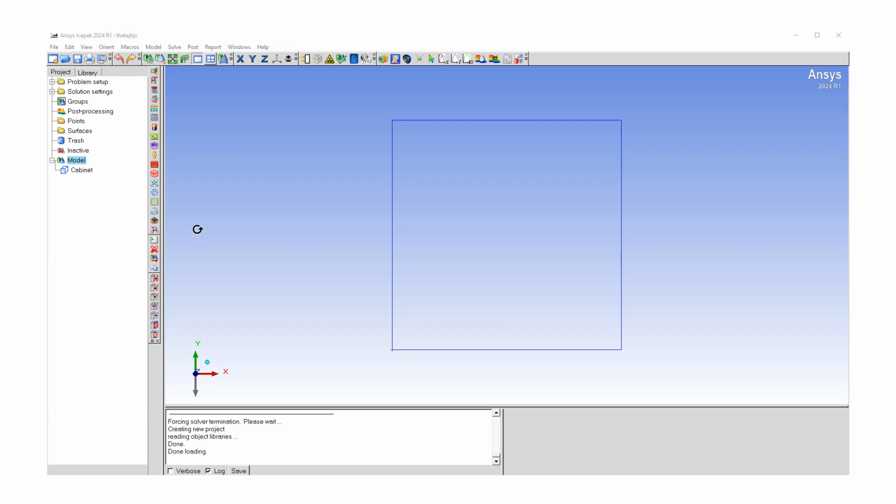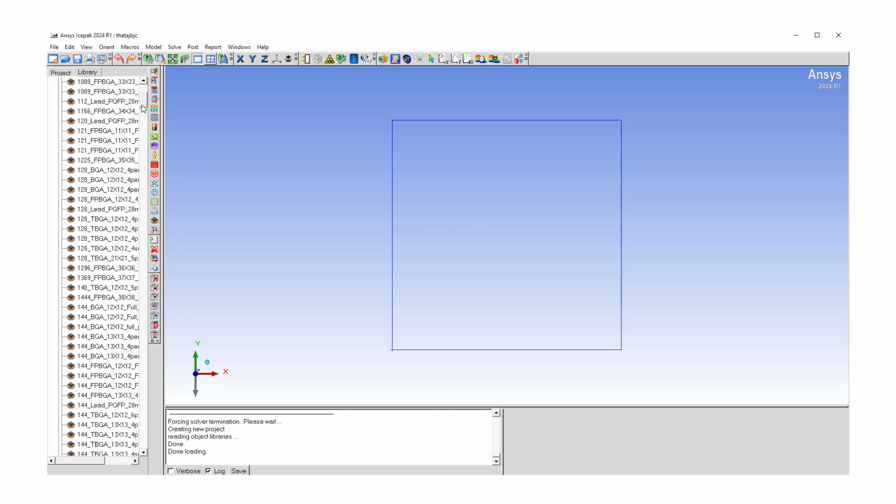For this purpose, I have opened up our latest version of Ansys Icepak 2024 R1, and the first thing I do is I click on library. Here you can see Icepak comes with a wide library of pre-existing components like fans, filters, heat sinks, and we're going to look at packages. So I'm going to expand on packages. As you can see, there are possibly dozens of different IC packages that were built for us. I'm going to pick one of the larger